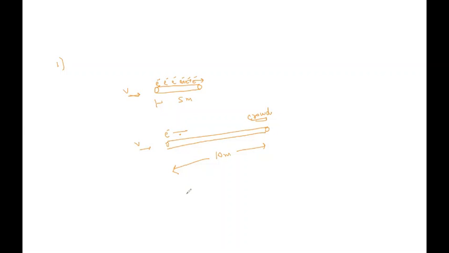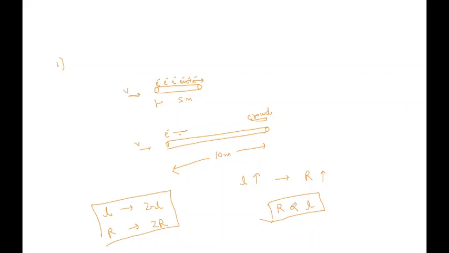Typically we have seen this experimentally: if you increase the length, it increases the resistance. In how much proportion? It is a linear relationship, that means it is directly proportional. So if you go from L to 2L, that means if you double your length, your resistance will also get doubled. Is it clear? So R is directly proportional to your L. Longer the wire, longer the resistance.